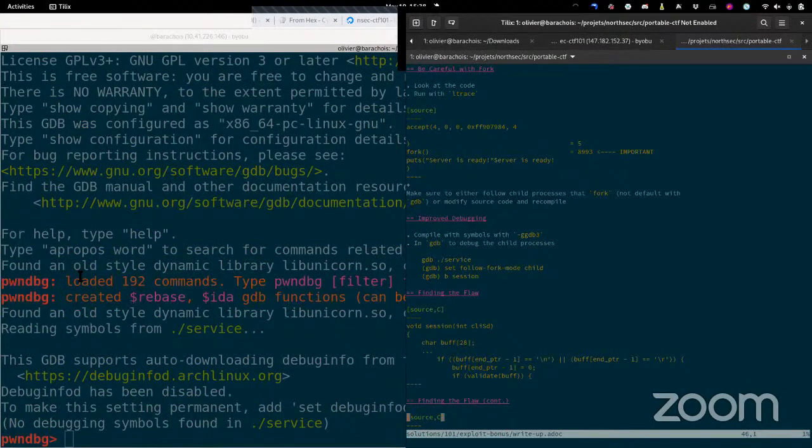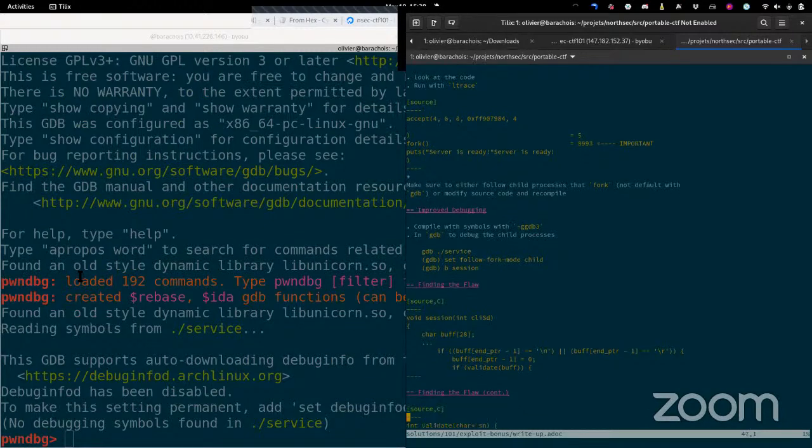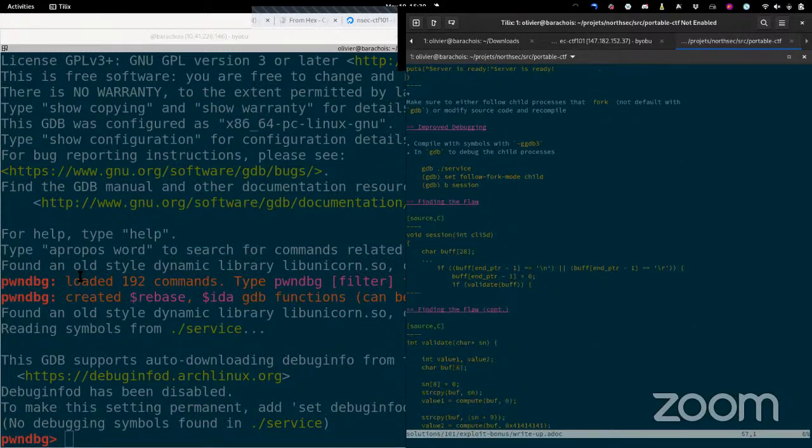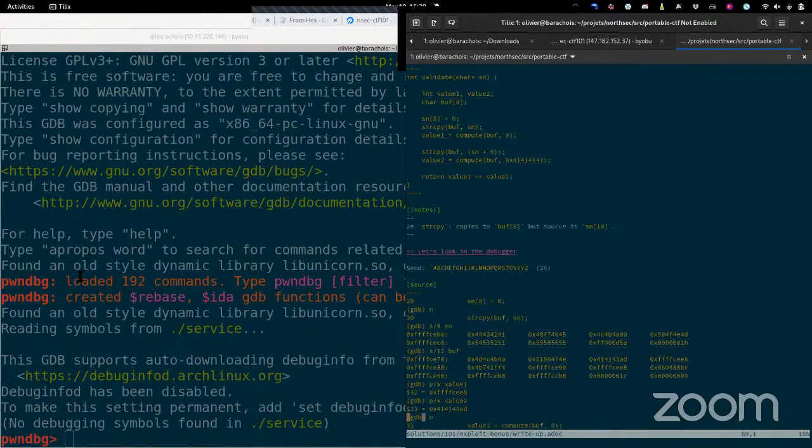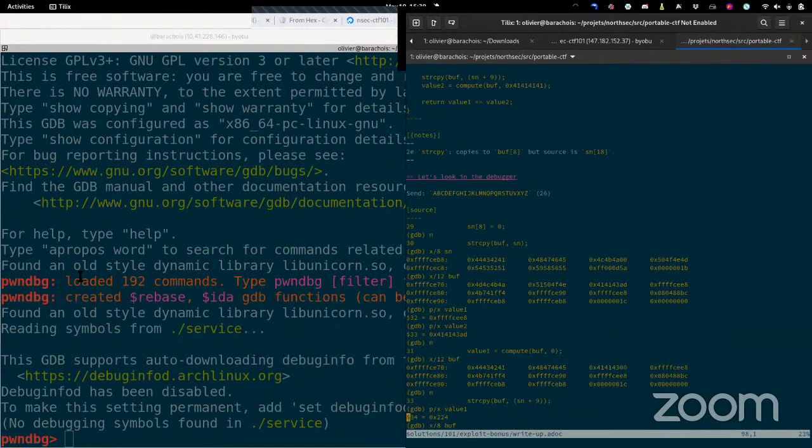Ouais, mais on l'a compilé out. OK. Okay,